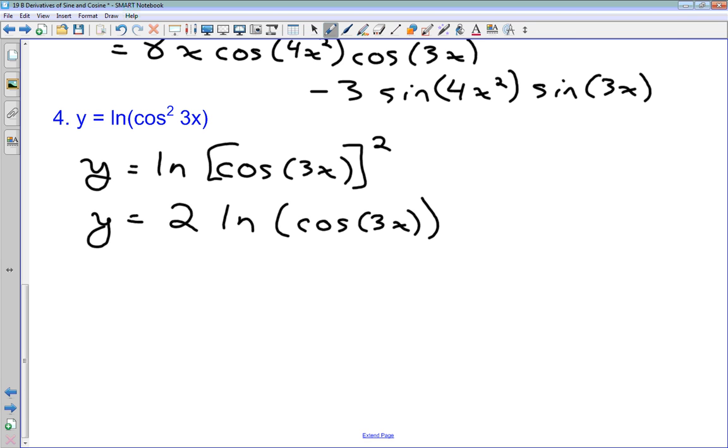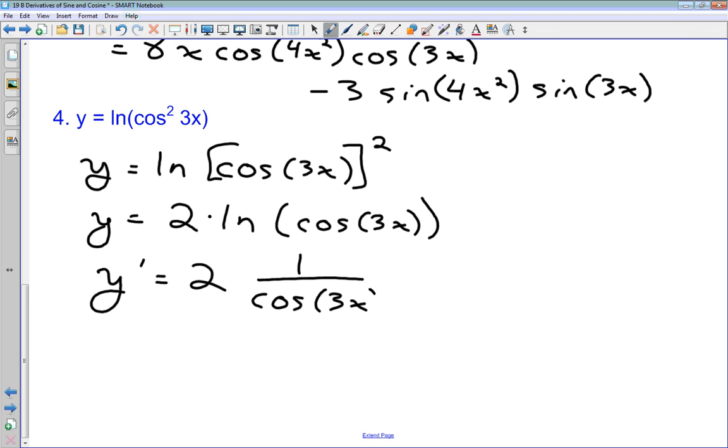How does that help us? Well, it just means that we have one less function that is sort of nested inside there. Okay? So instead of a function of x squared, we just have a constant 2 out front. Now we can go ahead and take our derivative. So that 2 is just going to stay out front as a constant. And now we want to do the derivative of, well, working our way out towards the inside. Our outermost function is ln. So the derivative of ln is going to be 1 over